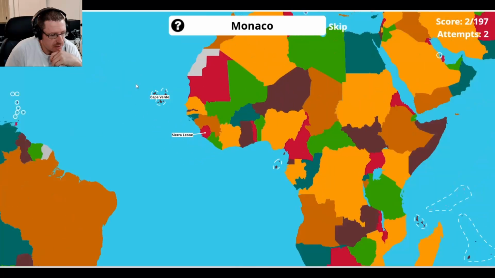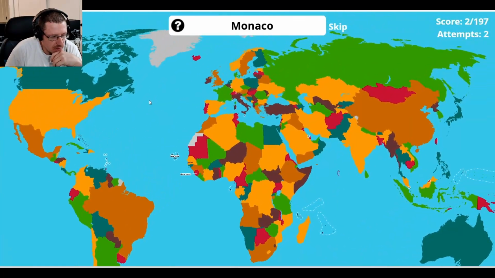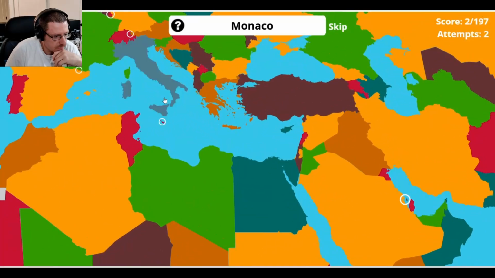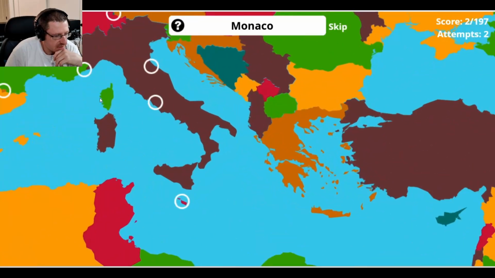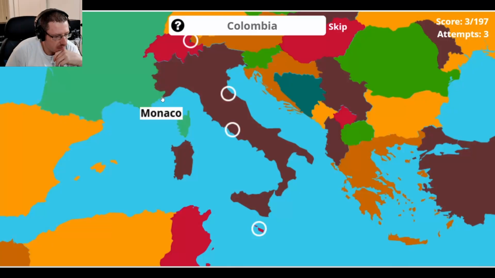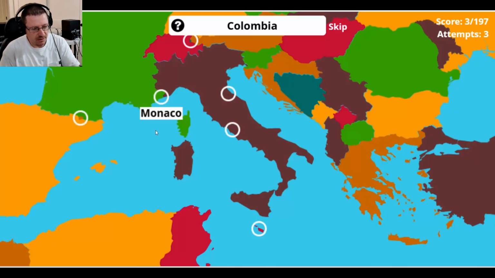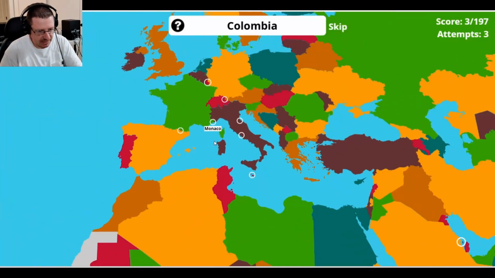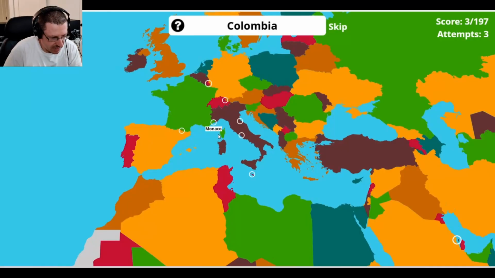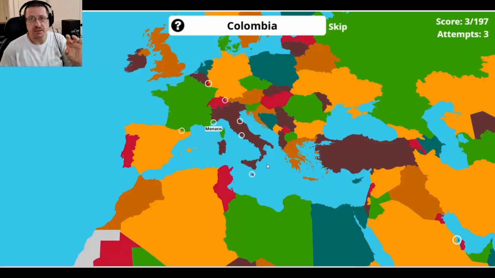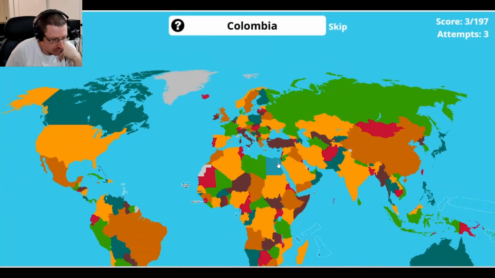Monaco. So let's zoom out. Monaco is in Europe. Monaco is the second smallest country in the world. It's right here. This is a little bit different from what I'm used to. It's still doable. I could see this and figure it out, but it's a little bit different. When you're studying geography, a lot of times you want that familiarity of shapes and locations around it. So this is just a little bit different than what I'm used to.